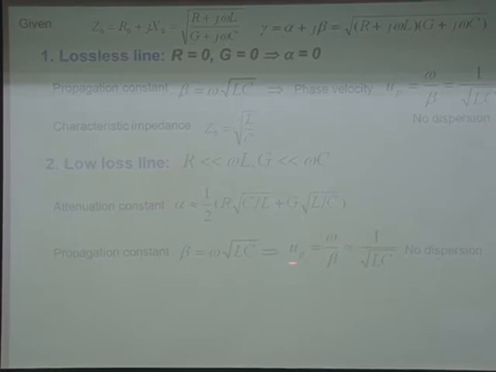For a low loss line, this phase velocity is very close to 1 over the root of LC. Right? It's more or less dispersionless, but in fact, there's still some dispersion, high order dispersion in this expression. It's not completely dispersionless. Look at this approximation right here. 这里有一个近似在这个地方。